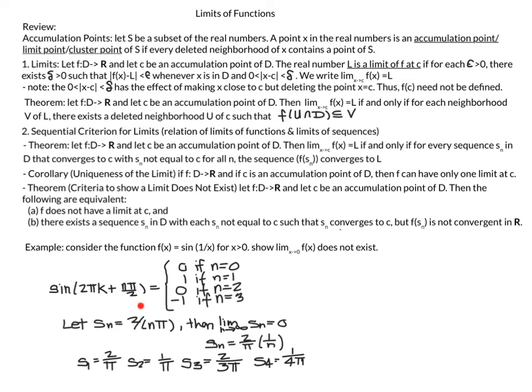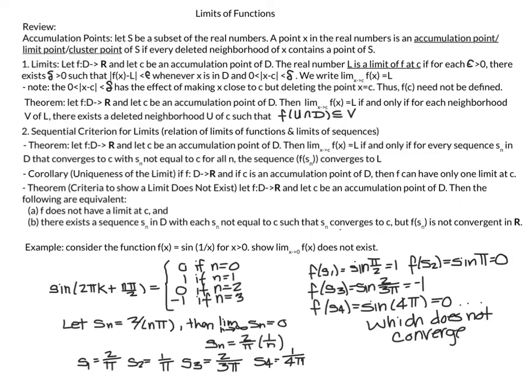So Sn is essentially 2 pi times 1 over n, and 1 over n as n approaches infinity approaches 0. So we can see the limit of Sn is equal to 0. So we're doing pretty good here. I did write out the first few terms of Sn, just so that we can show that f of Sn